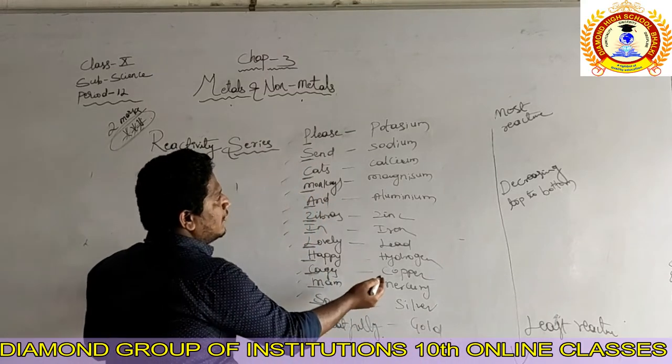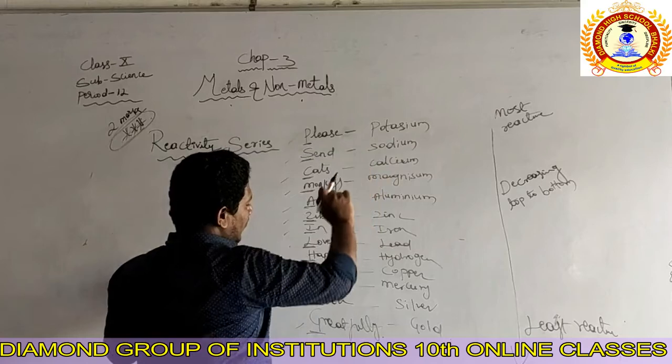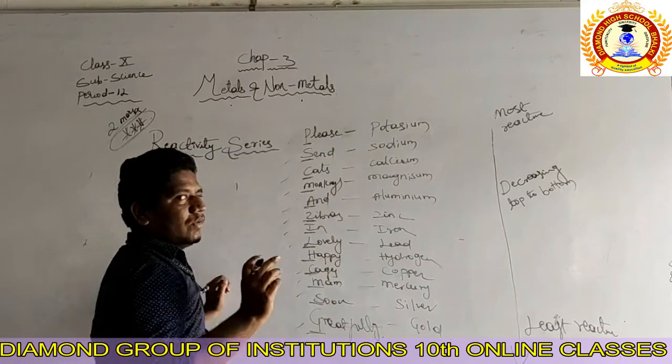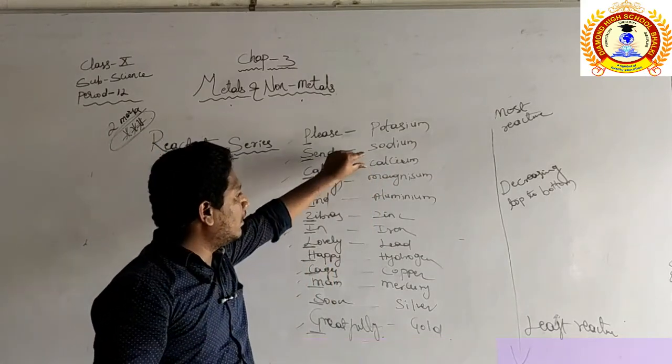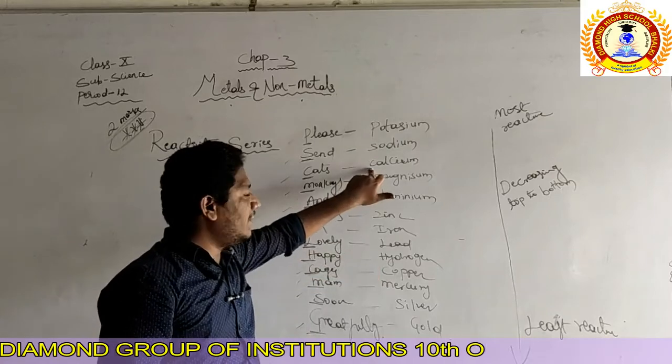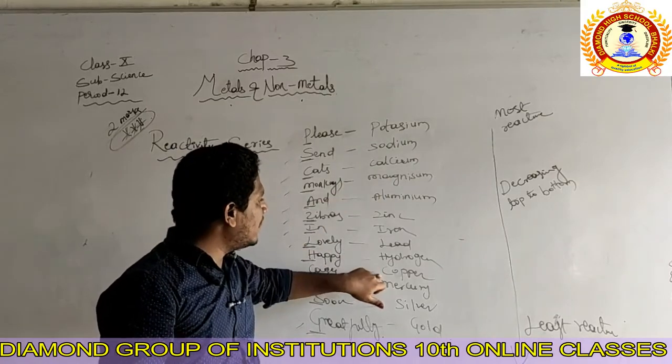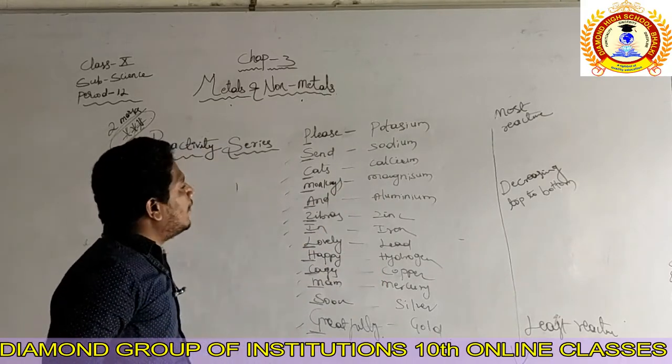Why I got confused here: one Ca is here also and one Ca is here also. So I have to just relatively try to remember this only one point. First is the calcium, then after is the copper, right? So then after it's